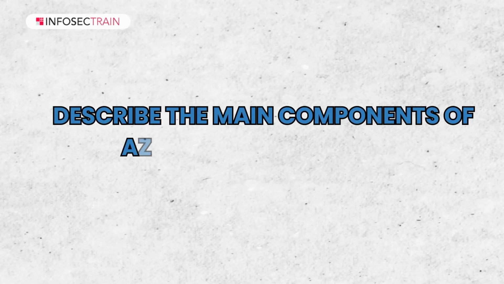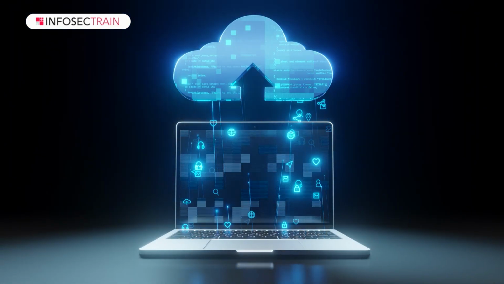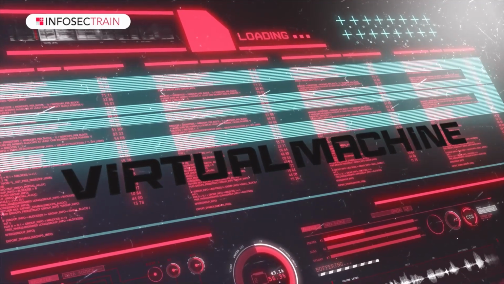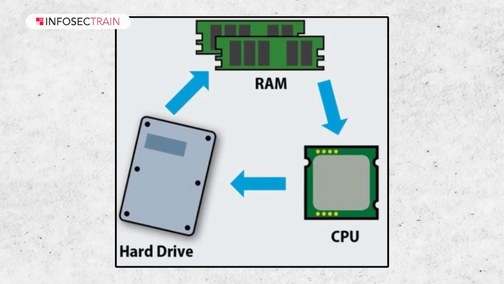Describe the main components of Azure virtual machines and the steps for how you will be creating an Azure virtual machine. So, if you are familiar with Azure virtual machines, they are the building blocks of cloud infrastructure. So, we will break down the main components and the steps for how you will create one virtual machine. We will start with selecting the virtual machine size. So you have to choose the VM size based on your workload requirements, balancing CPU, RAM and disk space.